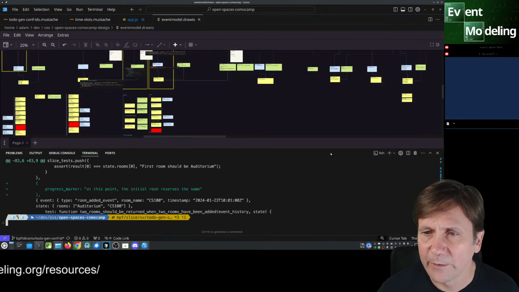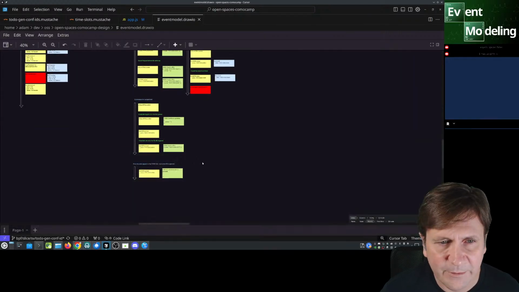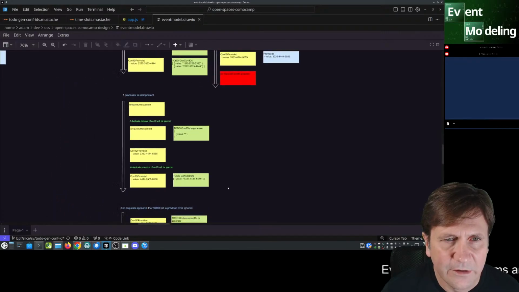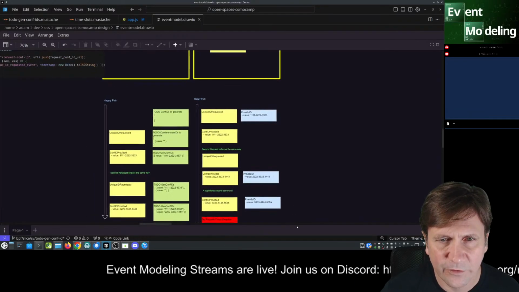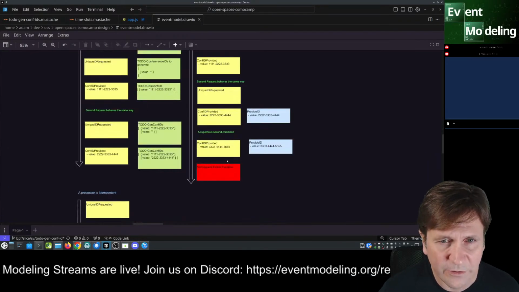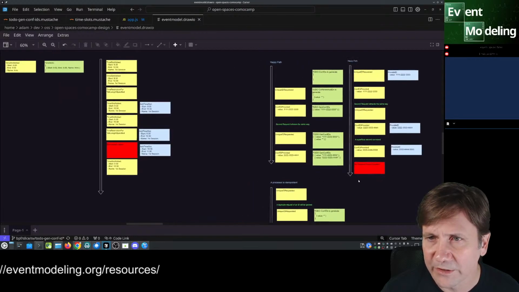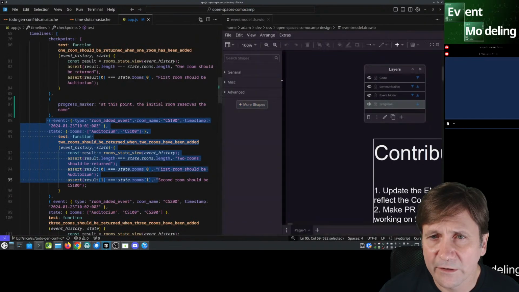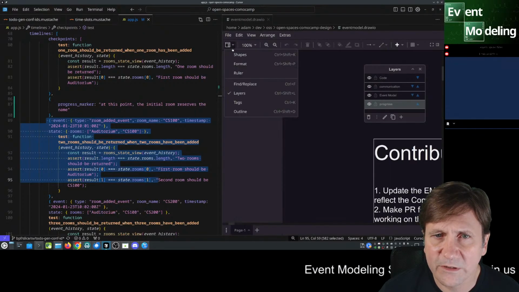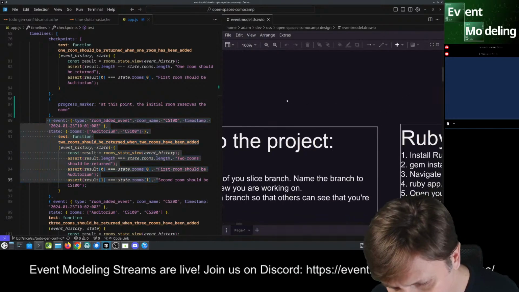So what were we doing? We were making this test runner for this type of layout, right? So maybe I could split this vertically so we could have a reference of what this looks like and show the implementation. Let me see if I can just split this. Split to the right, and then I can close this one, and then I can close the shapes, and I can close the layers, and I think that's good enough.